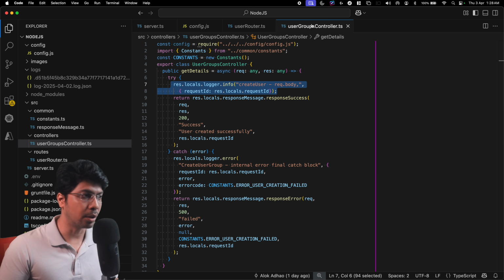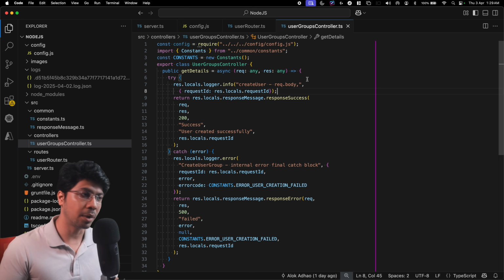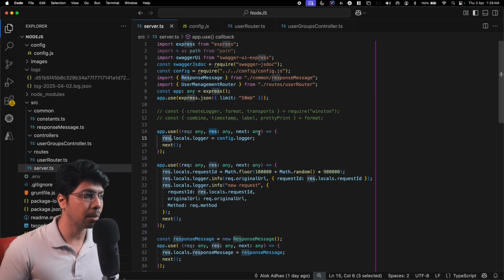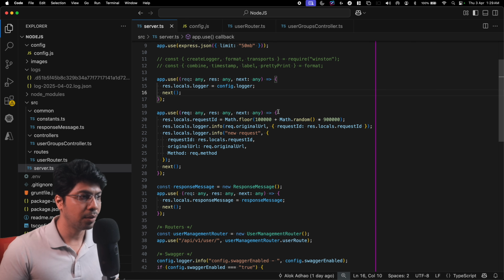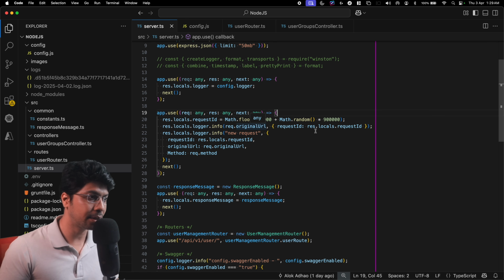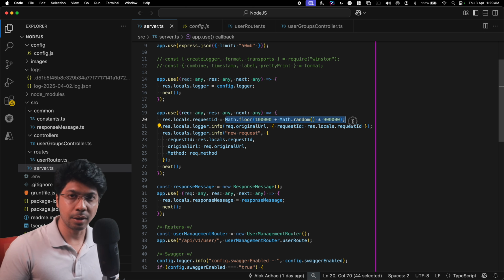Like in the user group controller, we have this response.locals.logger, and we are doing the info here, and we're just printing the request ID. We'll go through what this request ID is, but I guess up till now you understood how we set up the logging part. Now we have the request ID thing. What is request ID? I'm using a middleware in which I'm just setting up a random value, which we call the request ID, and that request ID I'm setting up to